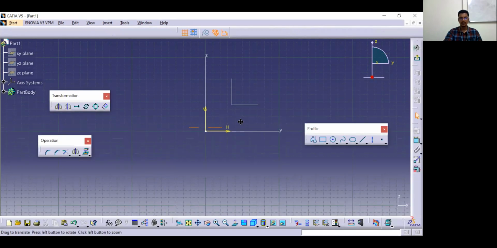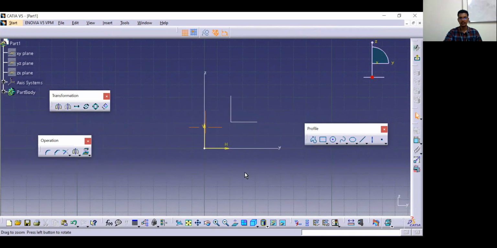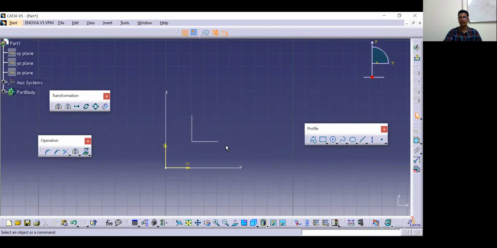We have 3 stages of constraint for a sketch in CATIA: under constraint, iso constraint and over constraint. Here you can notice the sketch solving status, where you get to know whether the sketch is under constraint, iso constraint or over constraint.